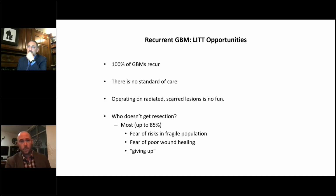Well, it's very clear. 100% of GBMs recur, and there's really no standard of care for those. And the risk of a large surgery on someone who's been radiated, where the lesion is scarred in, there's increased risk of that surgery, and it's often no fun. So if you could offer someone cytoreduction, which I think as surgeons we all kind of agree is probably beneficial, and certainly retrospective data seems to bear that out, and you could do that through a smaller incision with less risk to the patient,